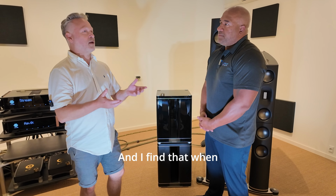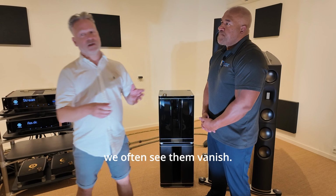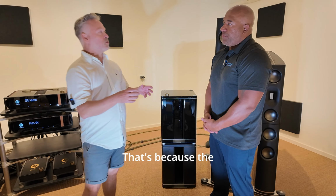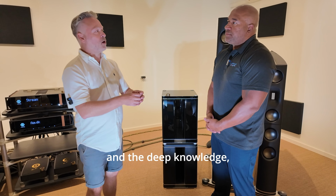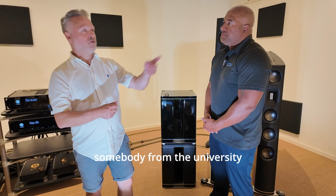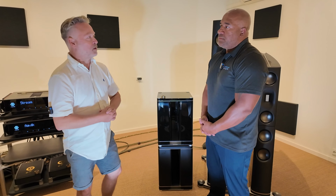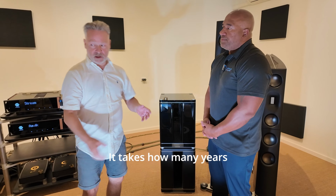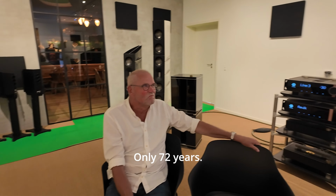And I find that when companies change ownership, we often see them vanish. That's because the leaders of the company, the ones with the vision and the deep knowledge, get out of it. And you can't just hire somebody from the university and say, now you will have to develop the next generation of speakers. It doesn't work that way. You need these. How many years does it take to get your experience? Only 72 years. I mean,